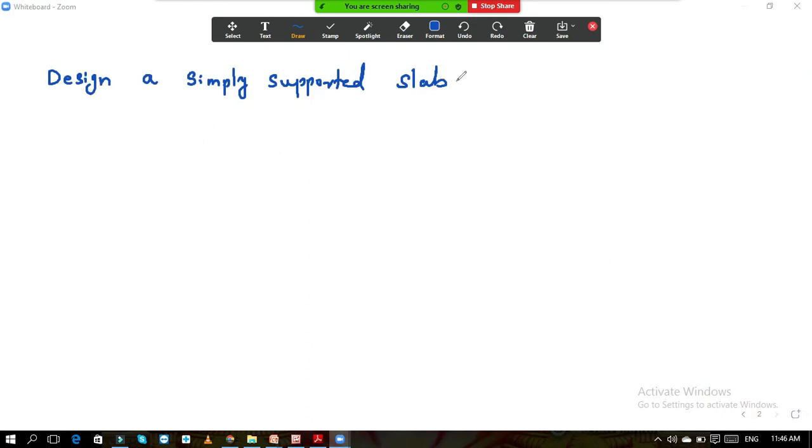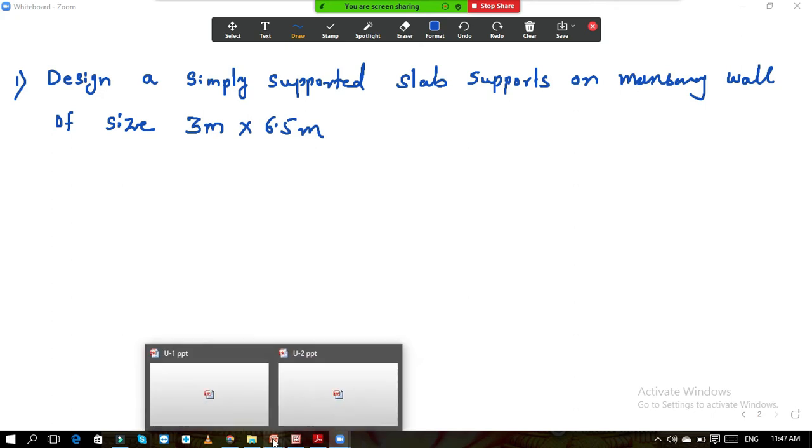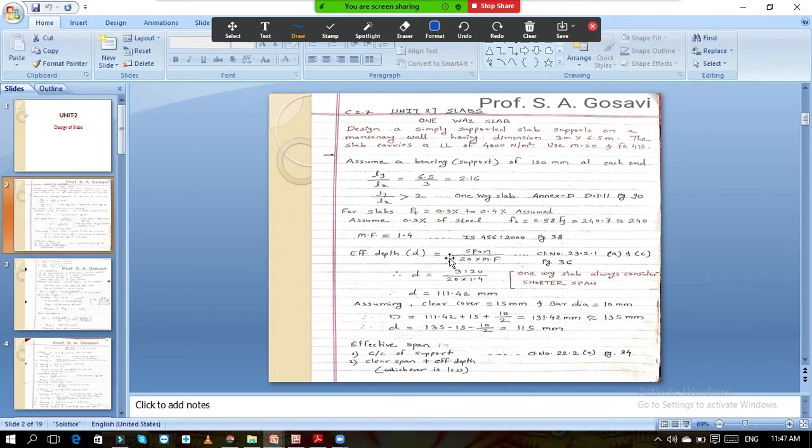Masonry wall of size 3 meter by 6.5 meter. The slab carries a live load of